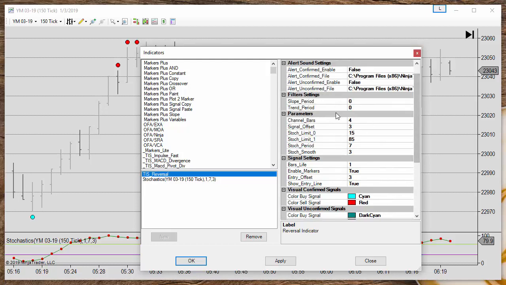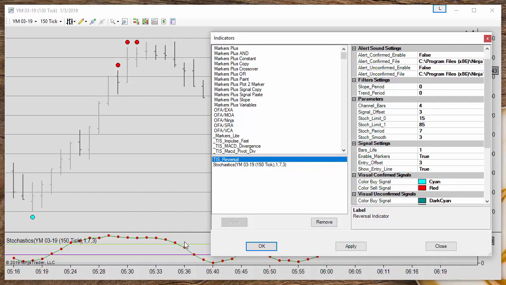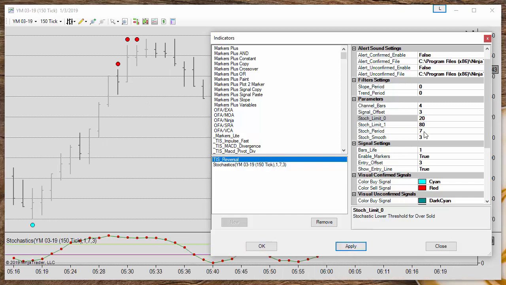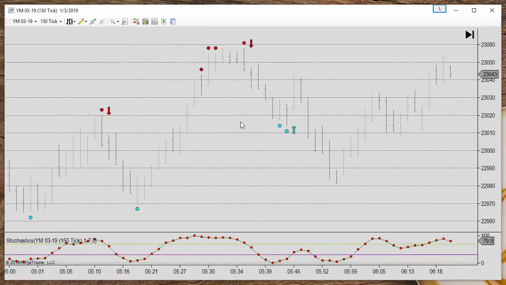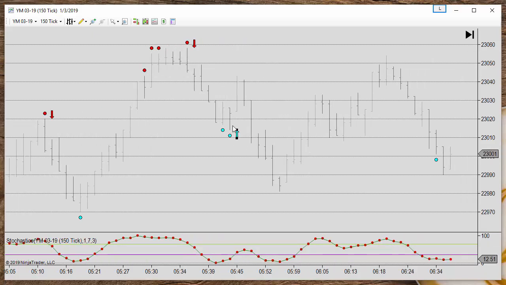I guess we are using something bigger, so we need to change that 85 to 70 and the other 30. No, 30 and 70. And now we have a perfect short signal. But of course, on the other side, on the long side, we also have unwanted signals, like this long.